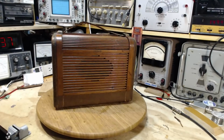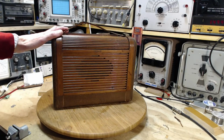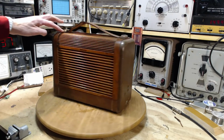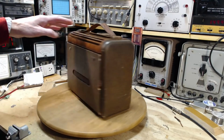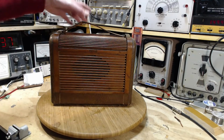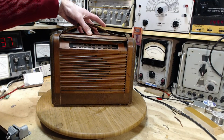Well, hi, and thanks for joining me here in my shop. Finally, I'm going to get a chance to plug in and test this radio since I put it together yesterday afternoon, and wow, it came out looking really pretty good. I'm really pretty surprised. Now, I hadn't plugged it in and tried it since I put it in the cabinet,